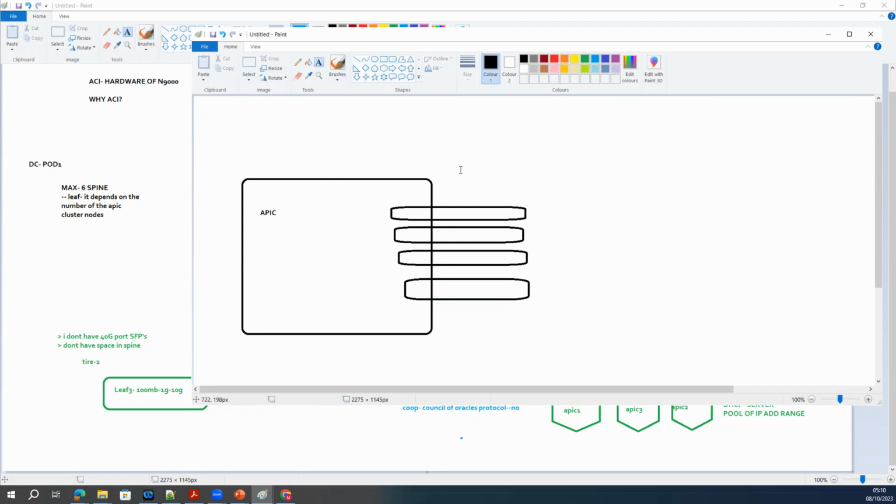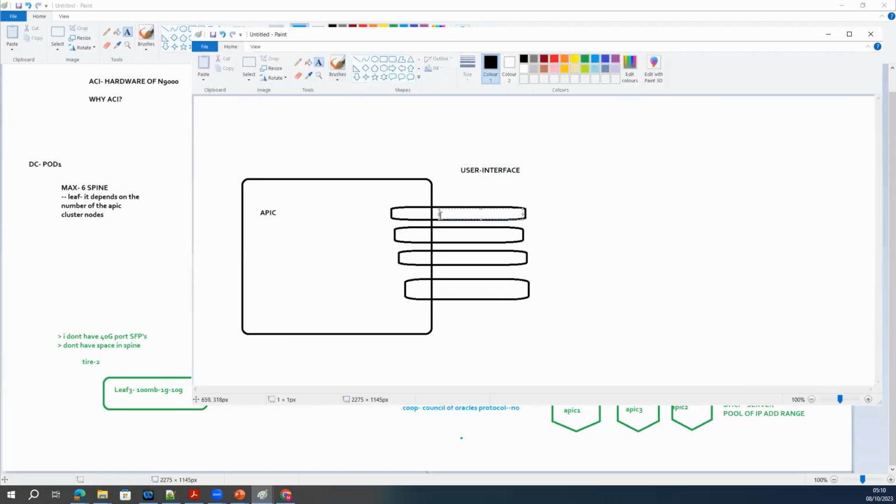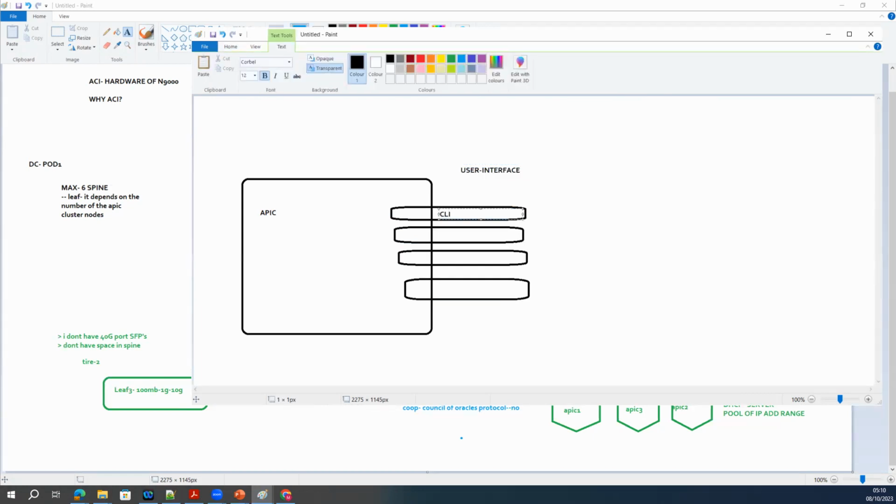This is the user interface. First is CLI. APIC can be controlled via CLI in NX-OS format. APIC can also be controlled via the bash mode, Linux mode, because the base image is Linux.